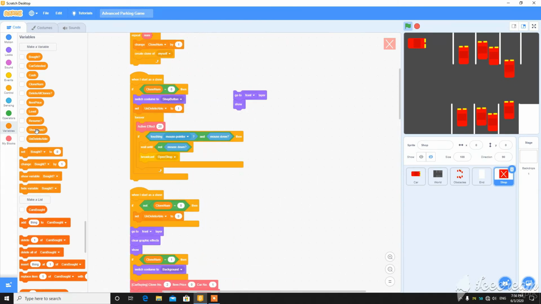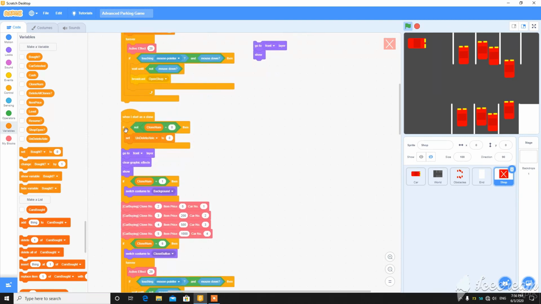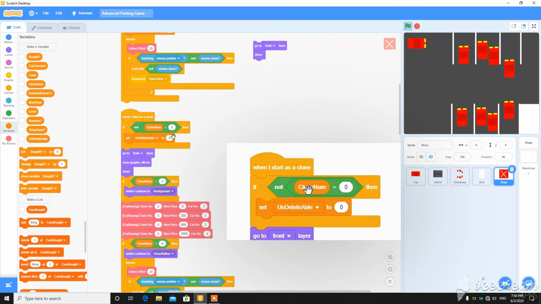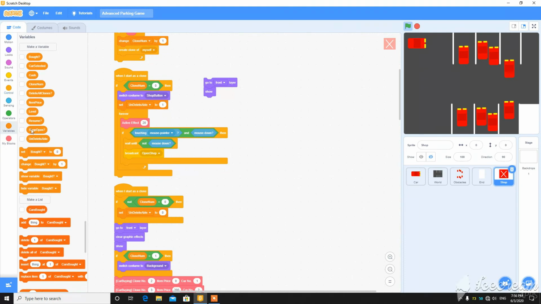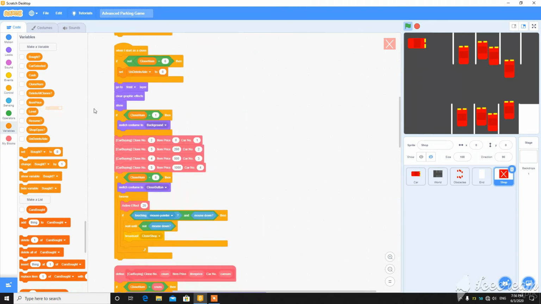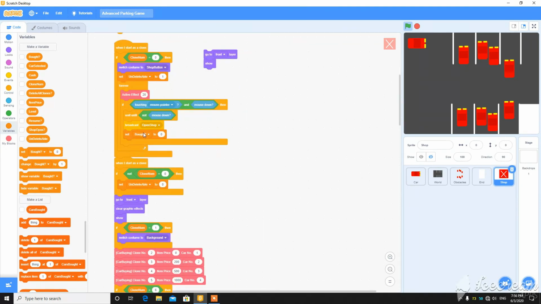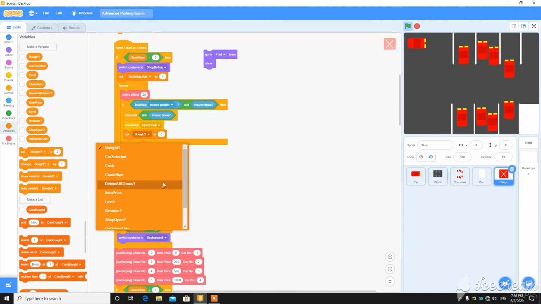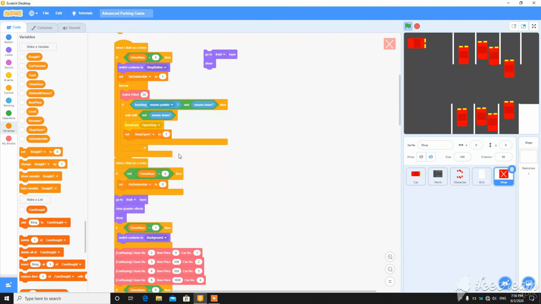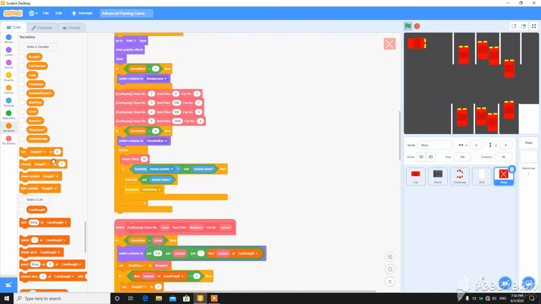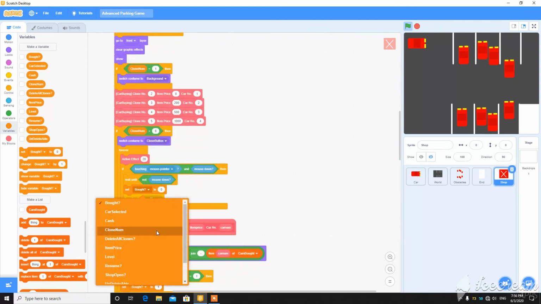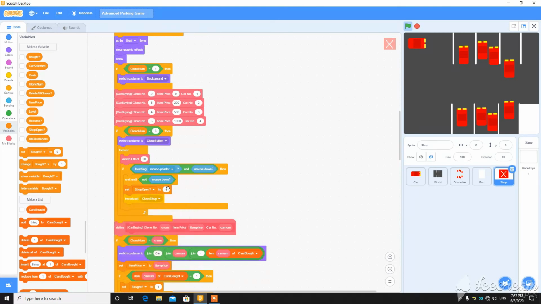So let's try by making a variable called shop open for all sprites. So first of all, put here if not clone number is equal to 0, set undeletable to 0. Then go here and put set shop open to 1, and when I close the shop here, then set shop open to 0.